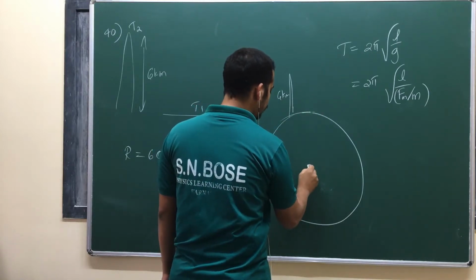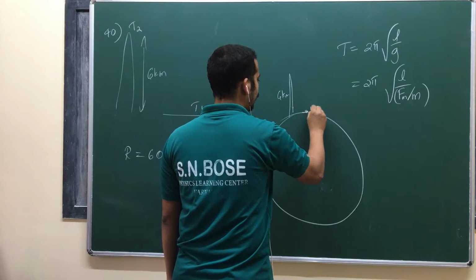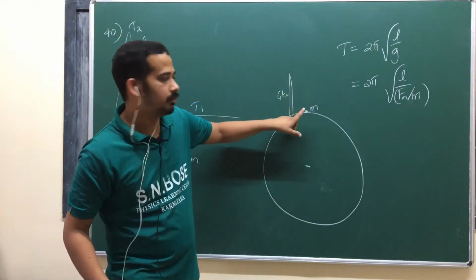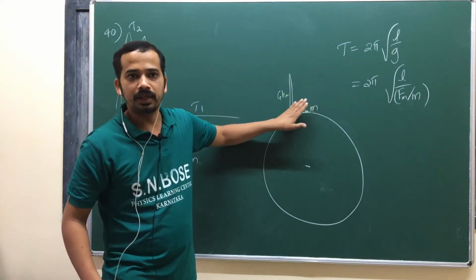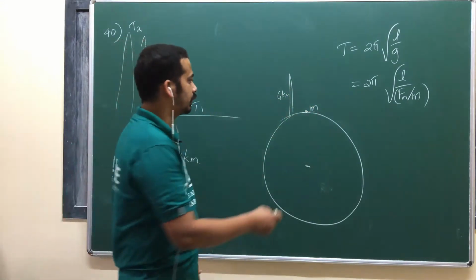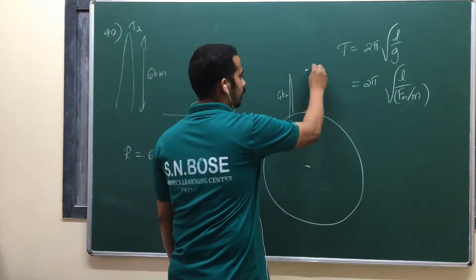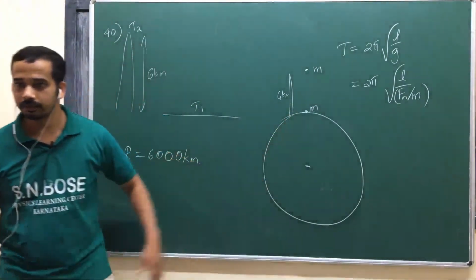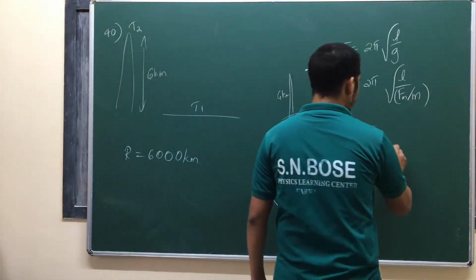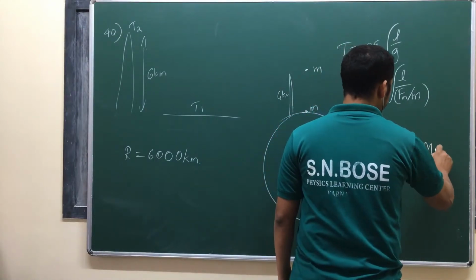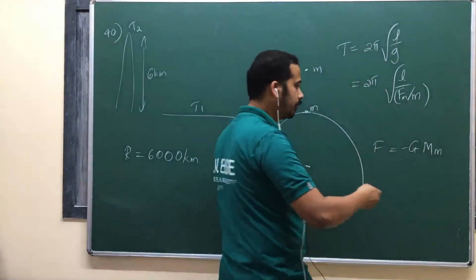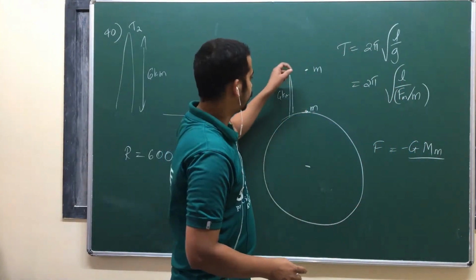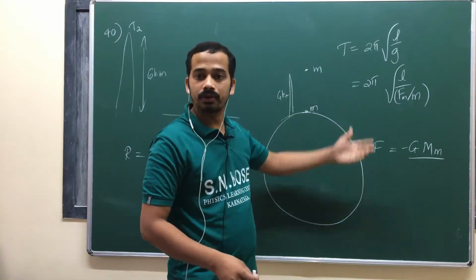So whatever mass you have here, if you have taken your pendulum at sea level, that means the mass is at this position. Then what is this force? Now you take the radius of the Earth also into it. It's a central force. How do you write it? Force is equal to minus G, mass of the Earth, mass of your pendulum bob, divided by the distance between the centers, the whole square.